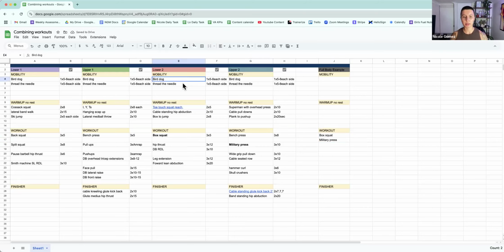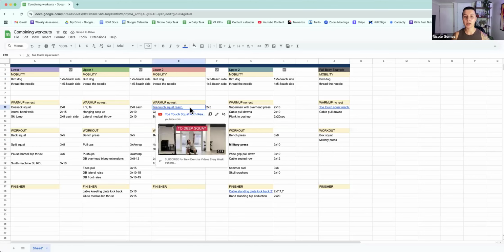So this is what the beginning is going to be. I'm going to do the same exact thing for my mobility. I actually like this mobility. Well, they're all the same here. Actually, I think I had this one different, but whatever. Picking the mobility. Then I'm going to pick something that makes sense for my main lift of lower body. So I'm going to take this warm up, and then this warm up because it makes sense with my upper body.